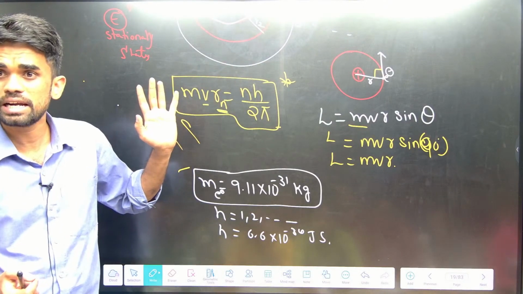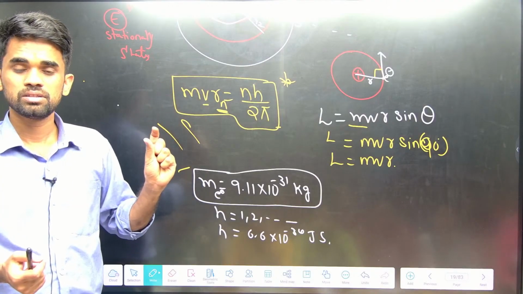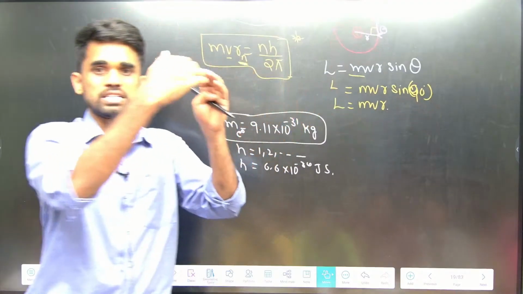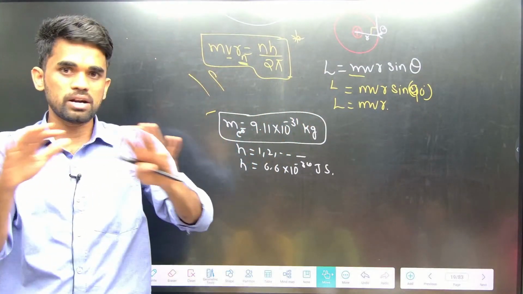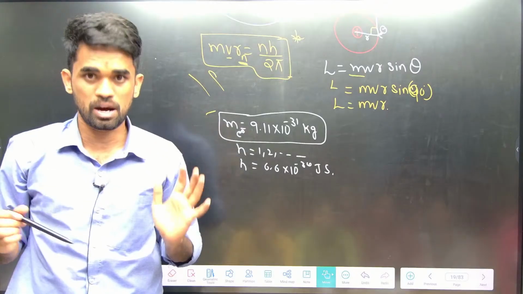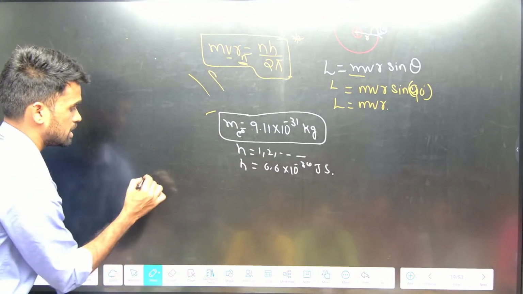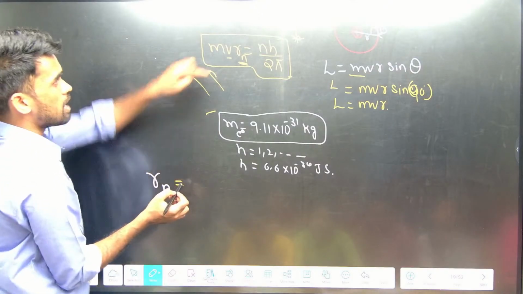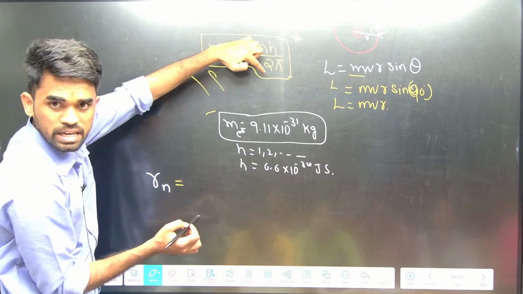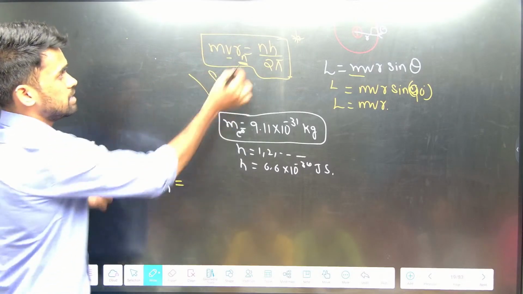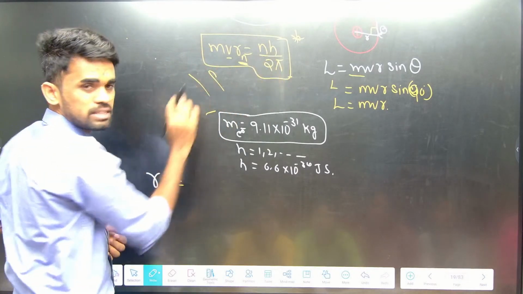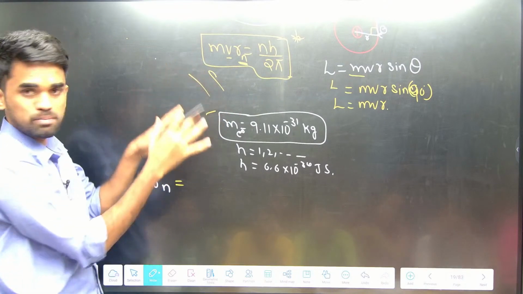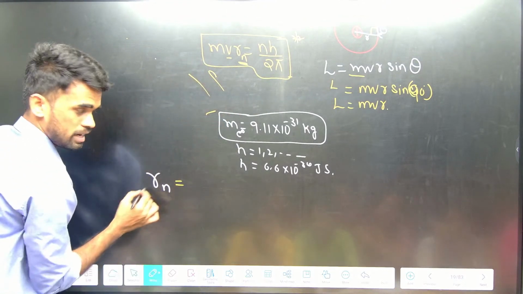What are we going to calculate? The radius of the orbit in which the electron is present. It has some simplification steps, so I am not going to discuss that. I am directly giving you the formula. How can you calculate that radius? The radius of an nth orbit, R, I can write as nh by mv. Here n is a constant, h is a constant, pi is a constant. If you put in all those values and simplify, you are going to get the radius of an nth orbit as